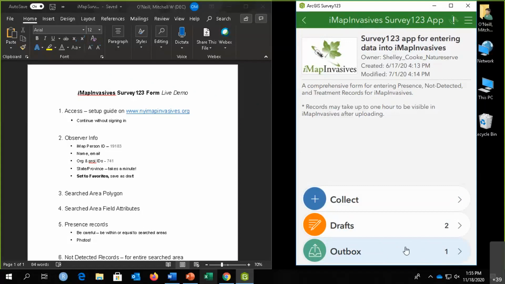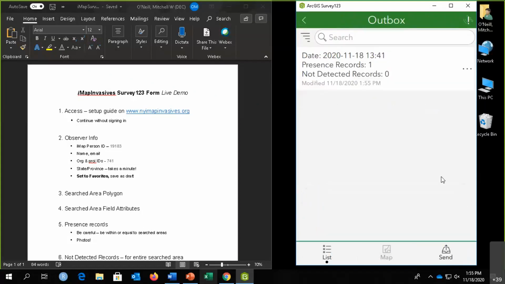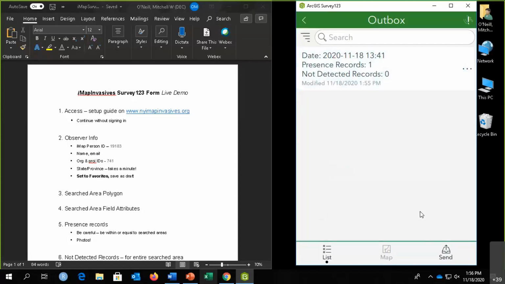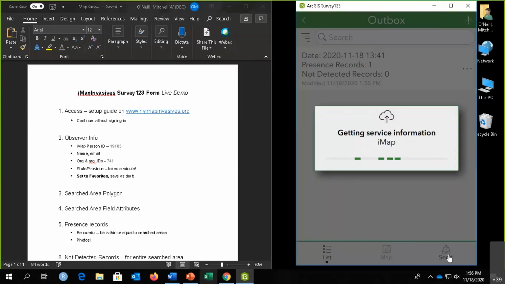So you click on here, and you can click this send button. If you click on the record, it'll ask if you want to edit it. So I'll say no, it's already all set, but you could go in and edit it. But I'm just going to click send. So this will send the record